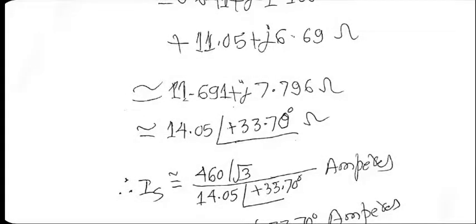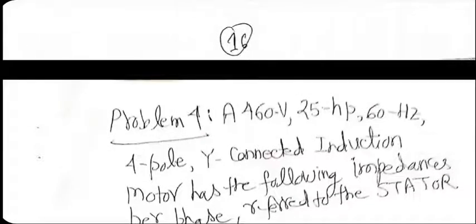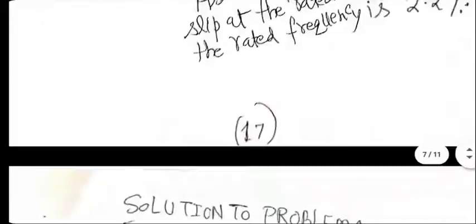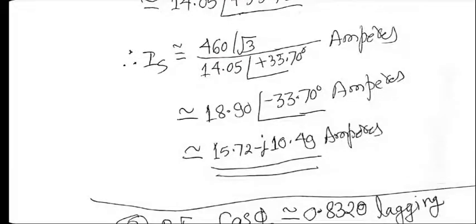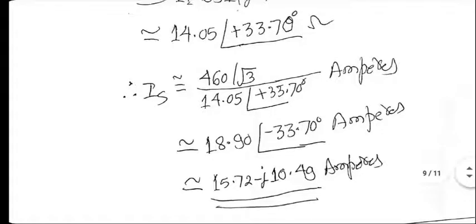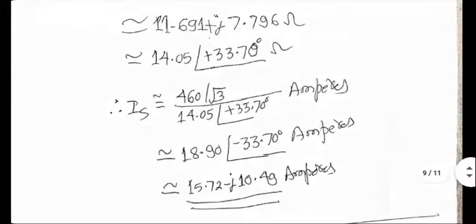460 volt is the line to line voltage, and we are given a Y connected motor. So the phase voltage will be 460 divided by square root of 3. It's a Y connected system. This is why I made that correction. The phase voltage will be 460 divided by square root of 3. And then, of course, ZS is there already. So the stator current per phase, of course, is this much. And of course, in case of a star system, phase current and line current are the same. So this will be the line current also.